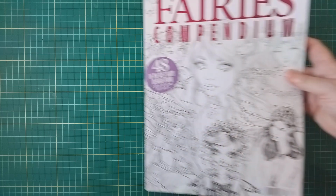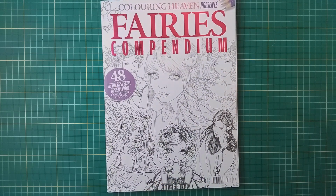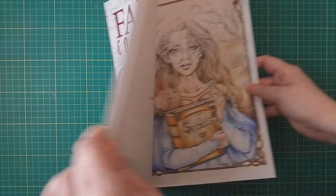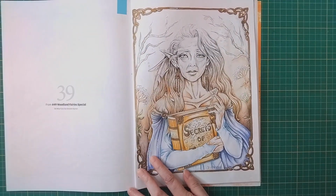Next, we're moving on again to Colouring Heaven. This is the Fairies Compendium, and the picture that I coloured in this one is by Karron. There are a few different artists in this one, but the picture I coloured, again fairly early in the month, I think this is by Karron, the Wise Fairy,